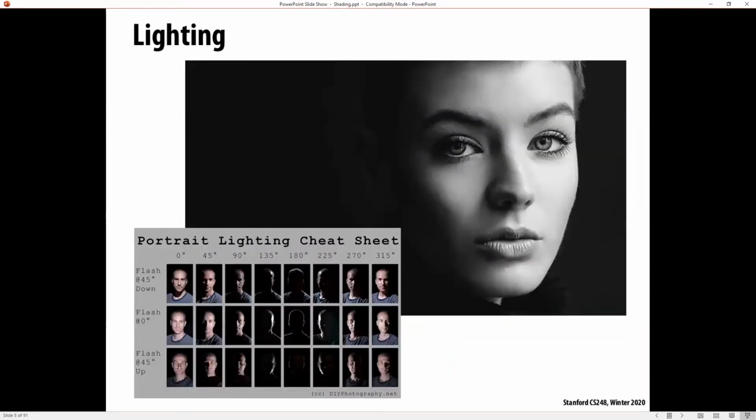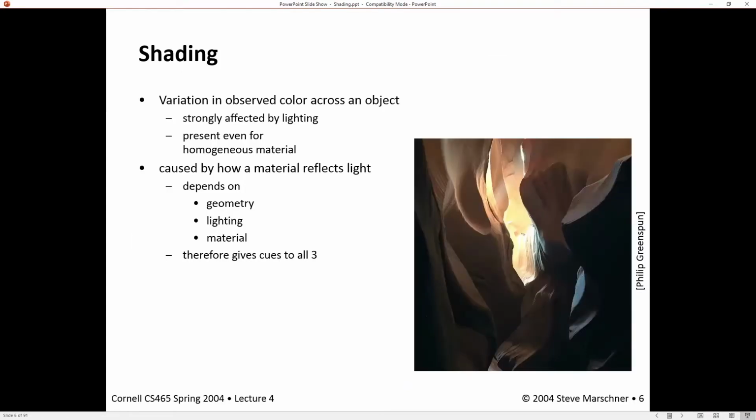Indeed, if you go look at photographers, they have whole books and sheets about how you should get your lighting right so that you make your photography look good. So of course this applies for movies. It also applies in graphics. If we think about